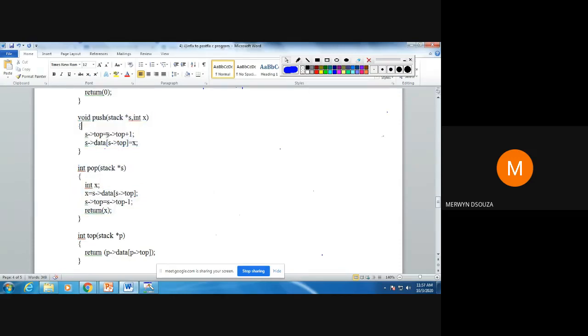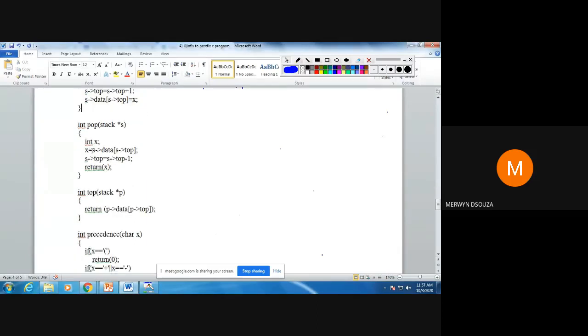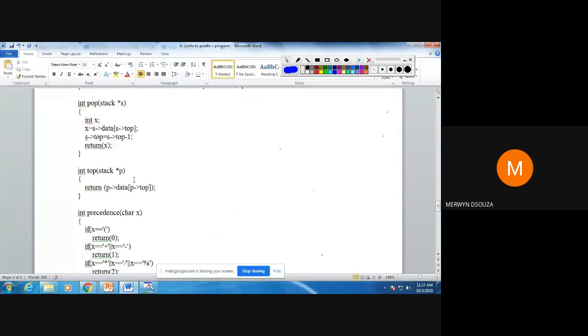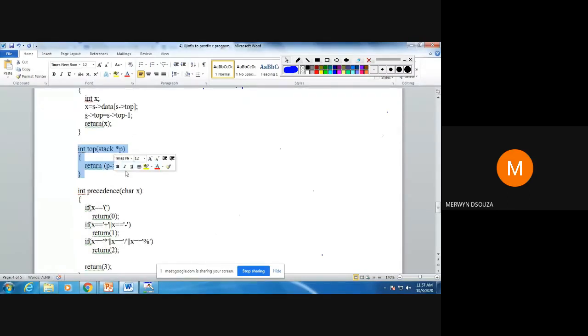If we are pushing, we increment the value of top by 1, and after you increment the value of top, we enter the data. So the data is stored in this variable x. While popping, what we do? We remove the value that is there at top and we put it in x, decrement the value of top, and we return this value of x. Okay. This function here will return the value whatever is present at the top of the stack. Whatever value is present at the top of the stack will be returned by this function top.